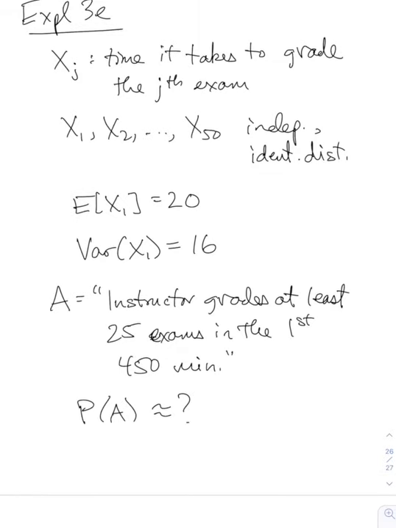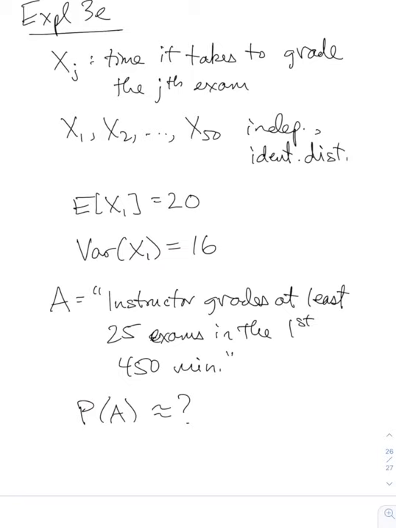Okay, so first thing I need to do is connect the event A to the random variables in question, and then the second thing to do is apply the central limit theorem. All right, so how do we make the connection? Well,